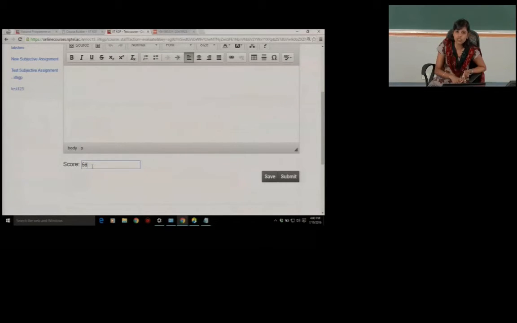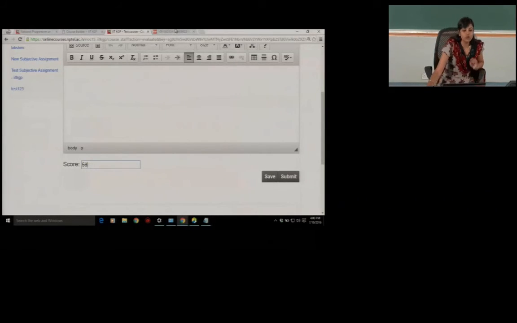Just follow the procedure which we have given in the documentation, which will be shared with you. I'll share the document, and also in the first unit, on how to access the portal, there is a link on how to submit the subjective assignment for students. Then you can also add the link of that video in the subjective assignment so that students can watch the video and follow the procedure on how to submit the assignment.